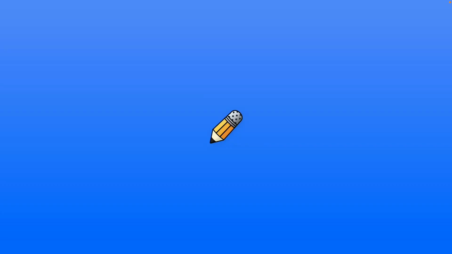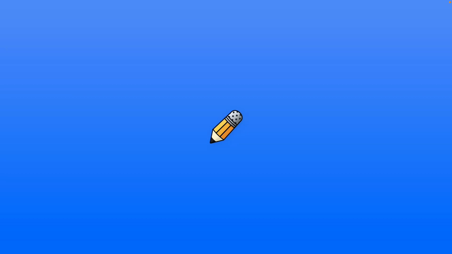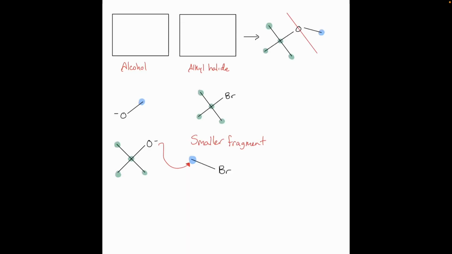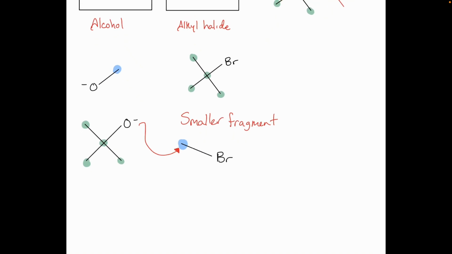Right? This was a bad example, because actually this category here, the major product would be an elimination reaction, okay? But remember, we always have this competition between the two that's going on. So although our major product might be elimination, our minor product would be this substitution reaction, all right? The bottom line is, we need the smaller fragment to be our alkyl halide, and the larger fragment